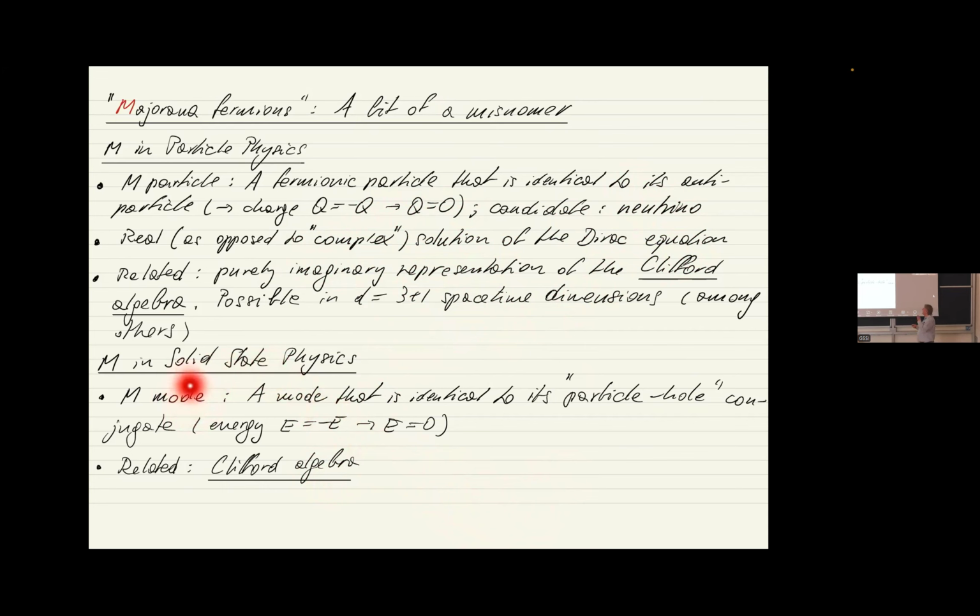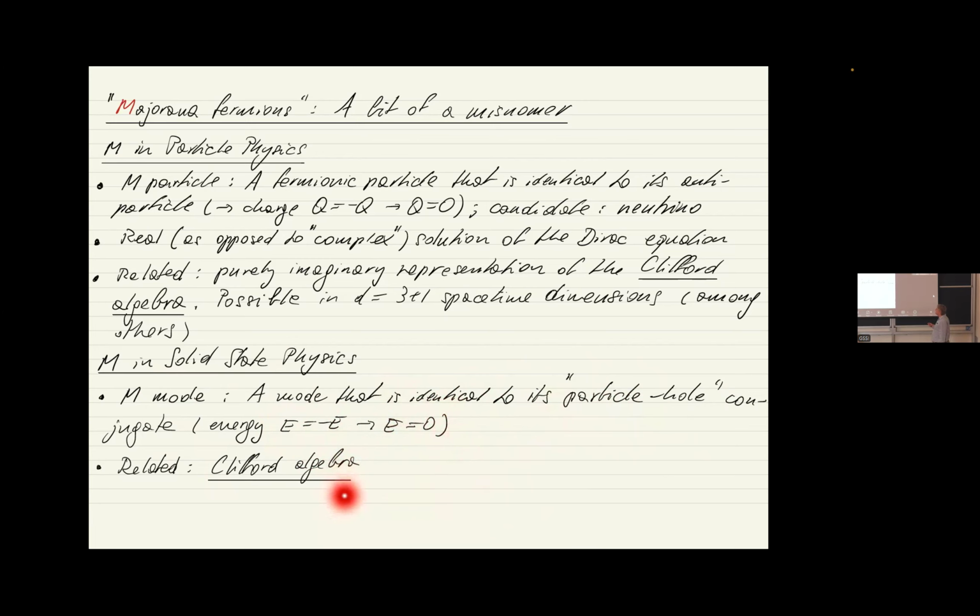There, we should more speak of a Majorana mode, just in the sense of the Bogoliubov Hamiltonian I mentioned before. And it's a mode that is identical to its particle-hole conjugate. And as a result, since under particle-hole conjugation, this antisymmetry I mentioned, energy goes to minus energy, these two are equal, and therefore such a mode has to have zero energy. And related to